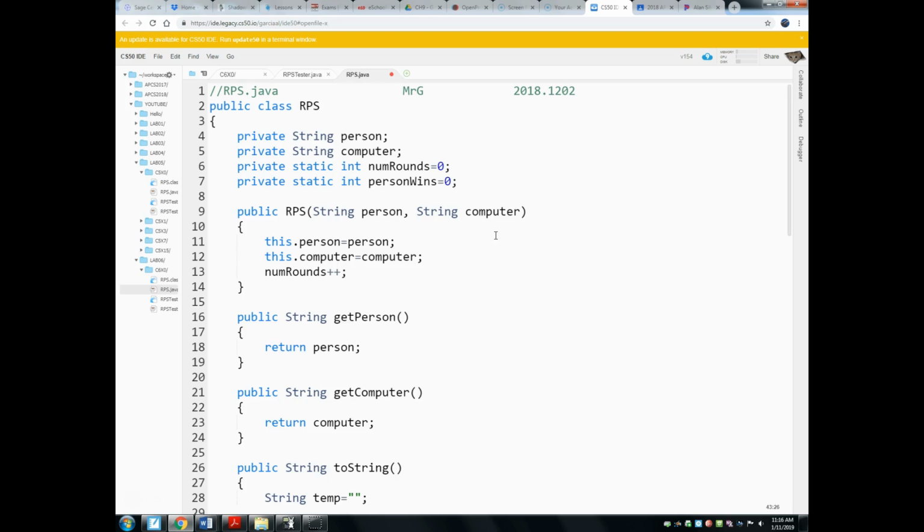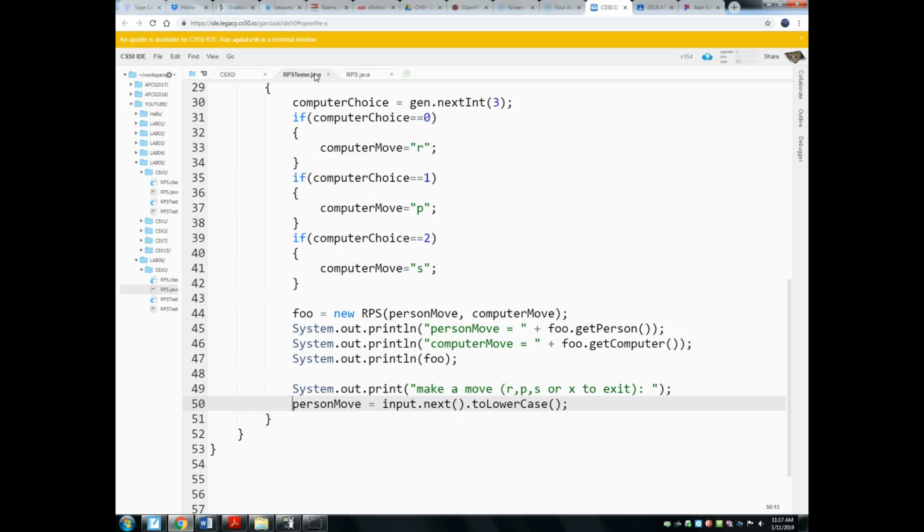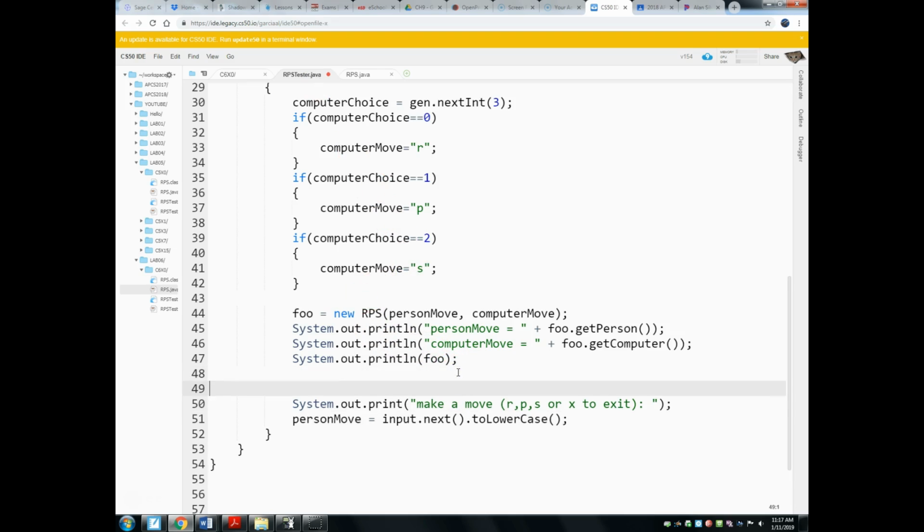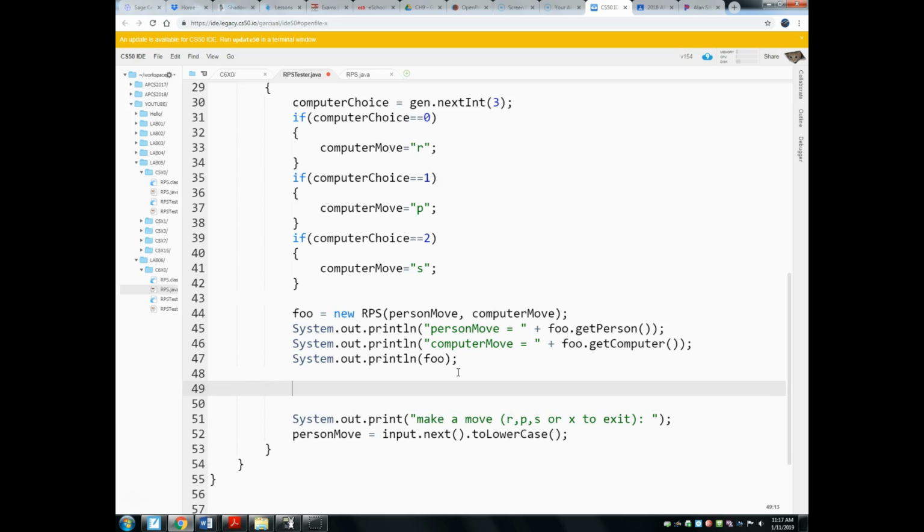So, all right, let's save that. Well, now wait. Now, how are we going to get, like, the win ratio? Let's see. I'm going to get a win ratio. How about, where did I do that? Okay. How about this? All right, save that much. Let's go to the tester. And let's add in here, let's see, how about here? Let's see, system.out.println,